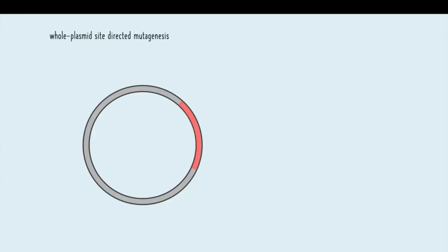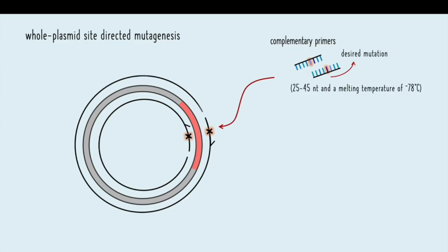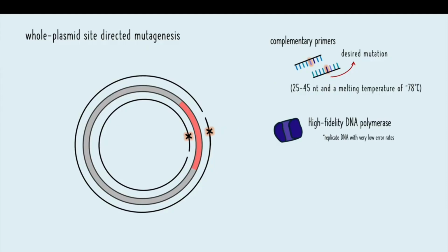With whole plasmid site-directed mutagenesis, a set of complementary primers with the desired mutations are designed and used to amplify the entire plasmid by PCR. The PCR product will contain the mutation. Keep note when setting up the PCR reaction to use a high fidelity polymerase. These polymerases are designed to replicate DNA with very low error rates and are crucial to minimize unwanted mutations during